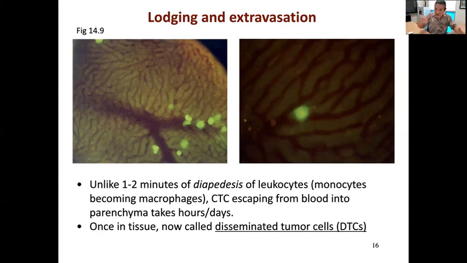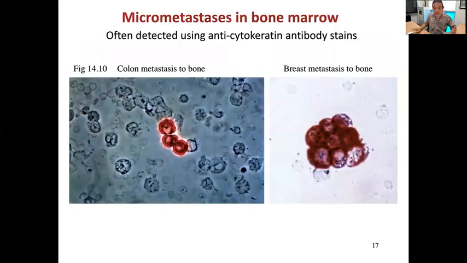They have now gone to a new location in the body where they are fixed, right? So they become DTCs, or disseminated tumor cells, that are forming small micrometastases tumors. So here you have some images of micrometastases. These are colon carcinoma cells that have metastasized into bone marrow. The blue is the bone marrow, and here you have three colon cancer cells that are now disseminated. They are now fixed in the bone marrow here, right?